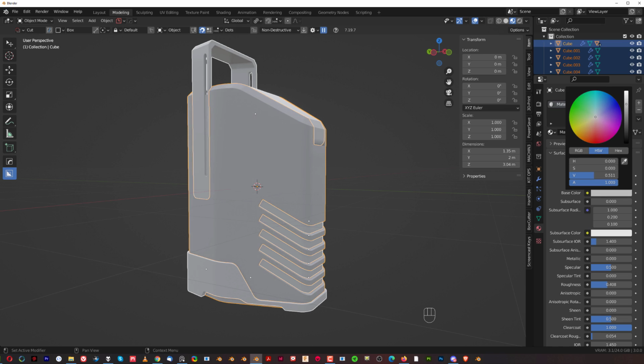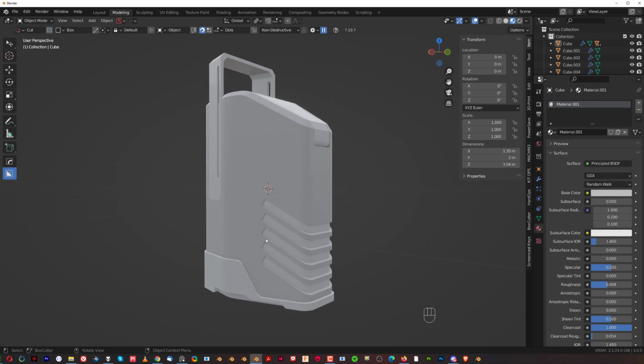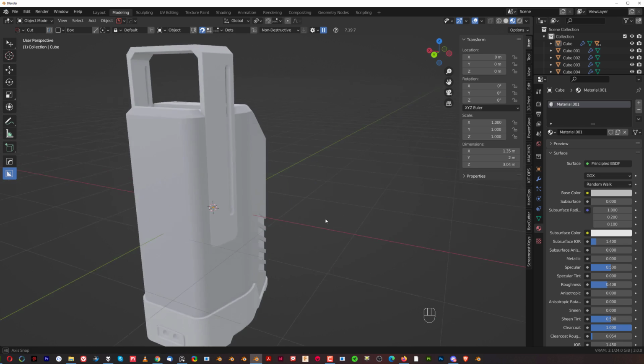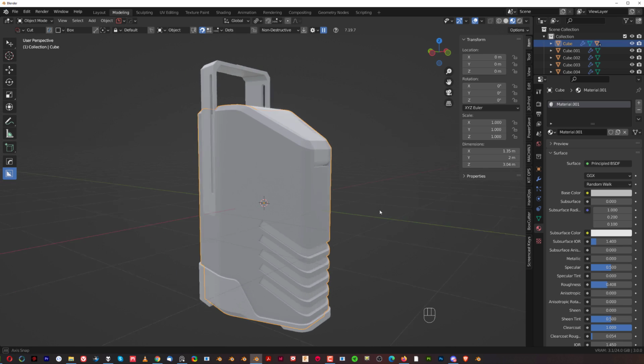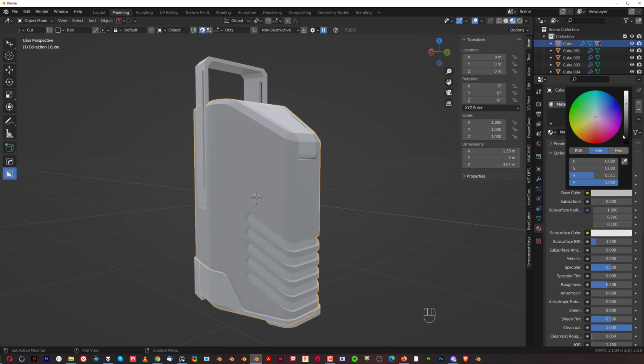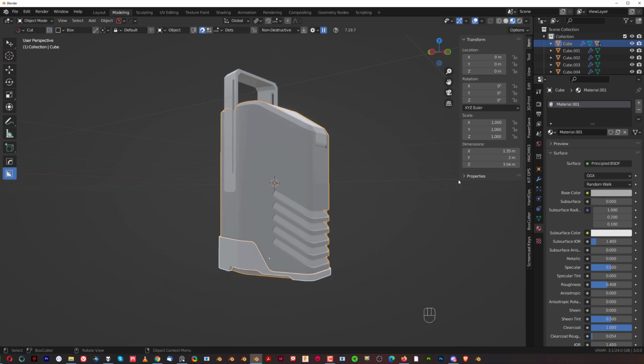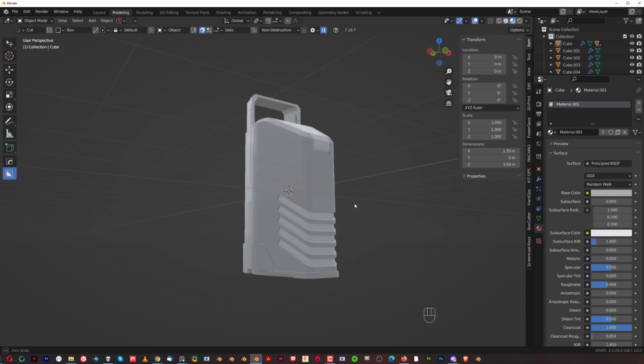Okay, so I want to create the interior. I want it to have white brighter, and the exterior I want to have darker. So this one I want to have darker, this one I want brighter. Okay, so let's just make it brighter, and this one let's make it a bit darker, right? Not too dark though. I'm not sure if this should be white or should be darker. I think this looks a little bit better,